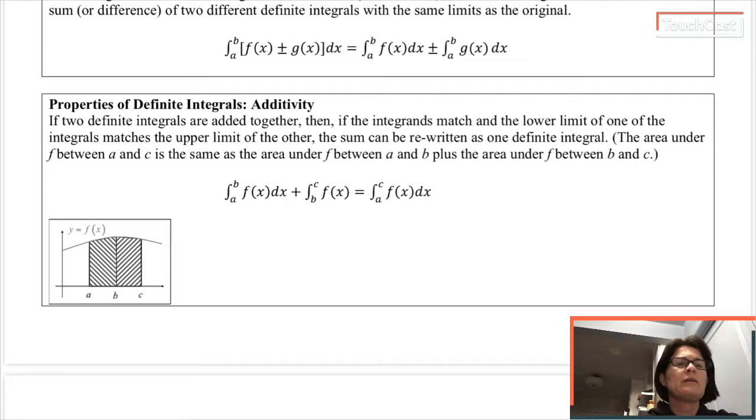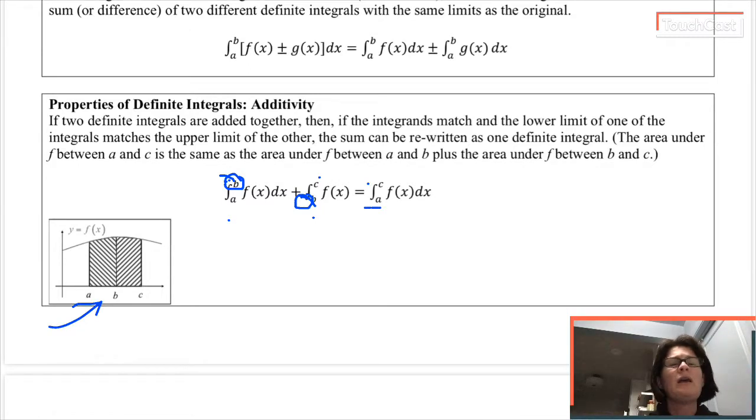Notice here, I have the integral from a to b of f plus the integral from b to c of f. It's these two limits. You can kind of think of them as the inside limits. This top limit and this lower limit here, they're the same. It's kind of like they cancel each other out. It's like you're going to glue the two pieces together at b. You're going to stop one piece at b, pick up the next piece starting at b. So it's like you can smush this into one integral, which is why we have the integral from a to c. And that's what this picture here is, to kind of help you